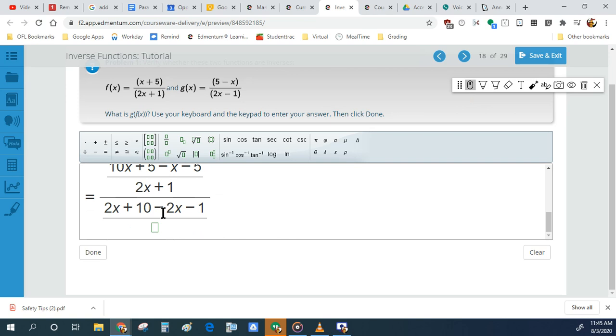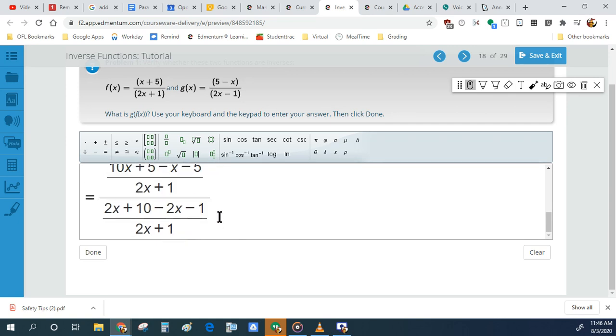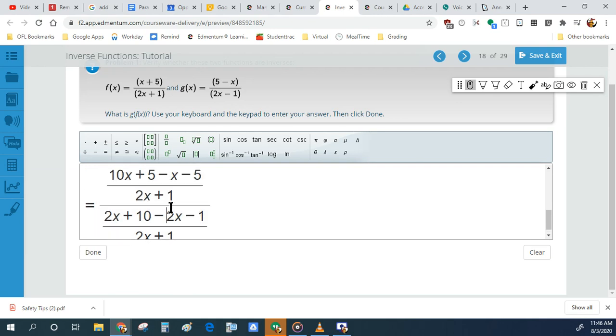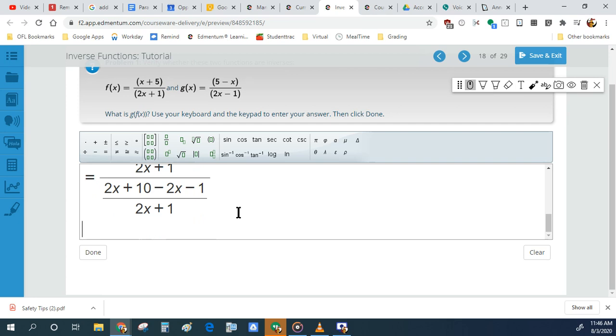All right. And then from here, this is all over 2x plus 1. So I know this is like some really huge super fraction, but remember, when we have a fraction divided by a fraction, that's just the first fraction multiplied by the reciprocal of this. So our next step is